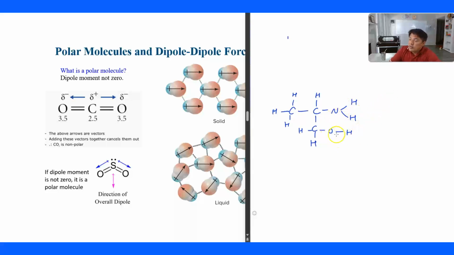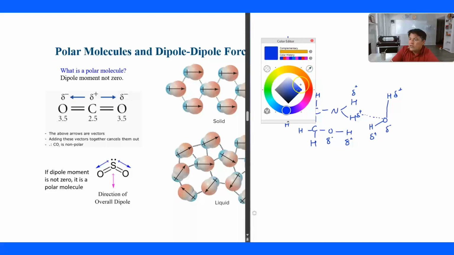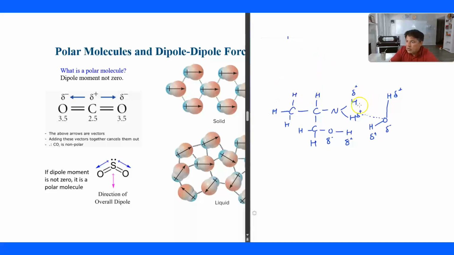So suppose that there is one water molecule here, oxygen and hydrogen. This is delta positive, this is delta negative, this is delta positive dipole here, right? Here is also the same thing. Similarly here, delta positive, delta negative, right? So there are many chances for making the hydrogen bond. So this can make the hydrogen bond here. Similarly, this one can make the hydrogen bond here,